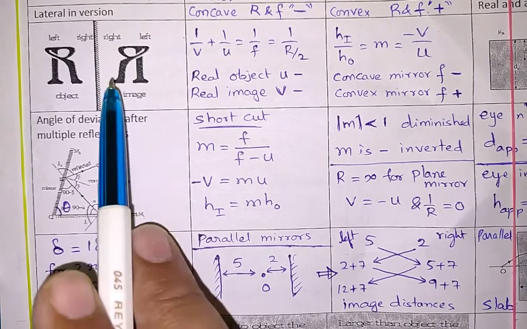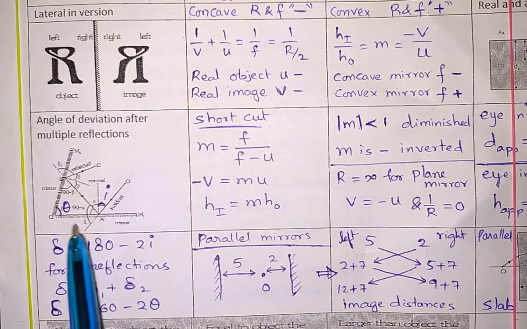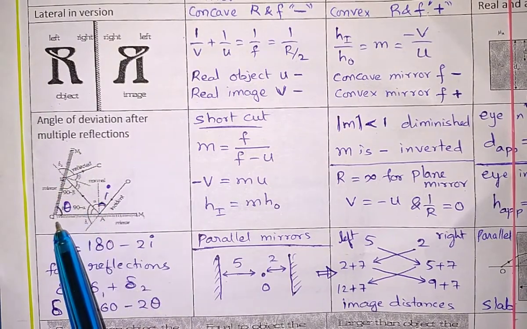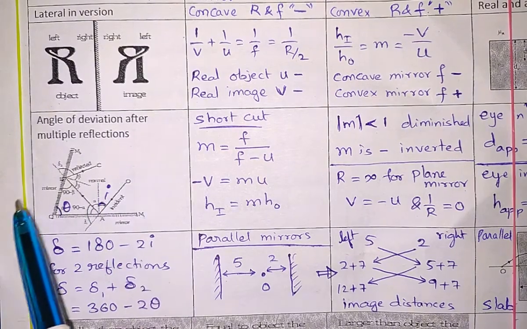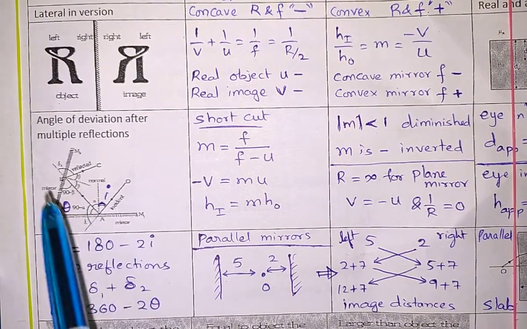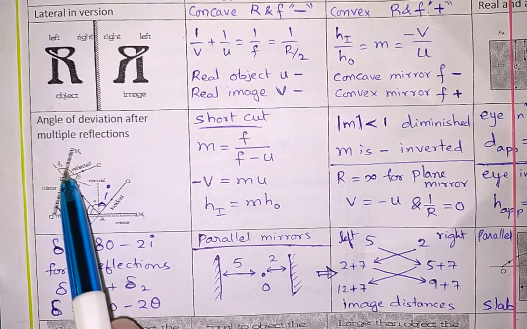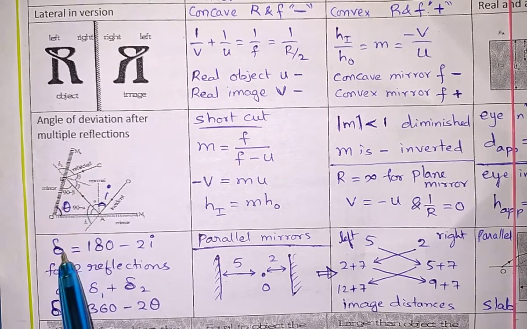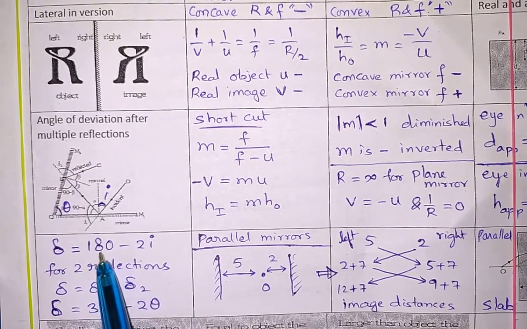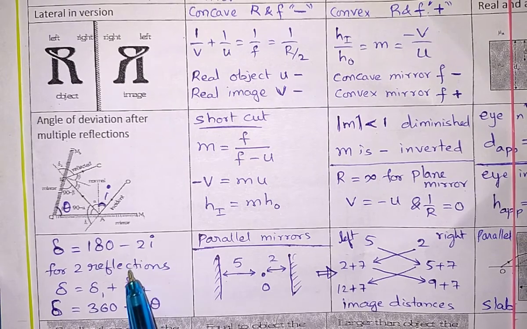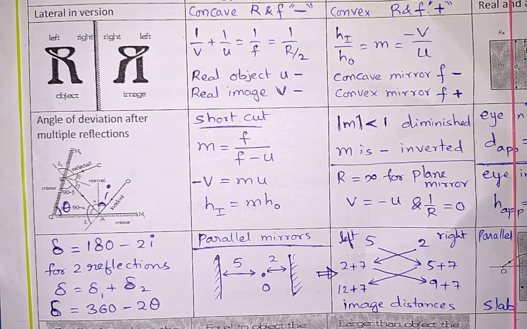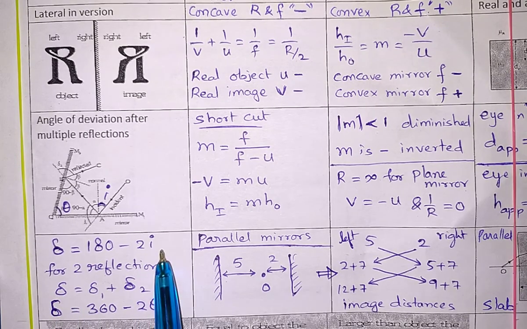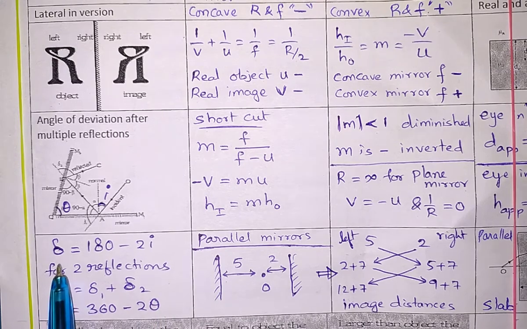Coming to the problem solving involving plane mirrors, they may give one mirror and ask you the deviation. The incident ray extended and the reflected ray extended, if you draw it, you will get the deviation produced. It's given by the formula delta is equal to 180 minus 2i. It's a simple derivation available in many textbooks, but here it is a synopsis we are going through. So we will recollect everything, we are not going to derive anything. So you can remember this.